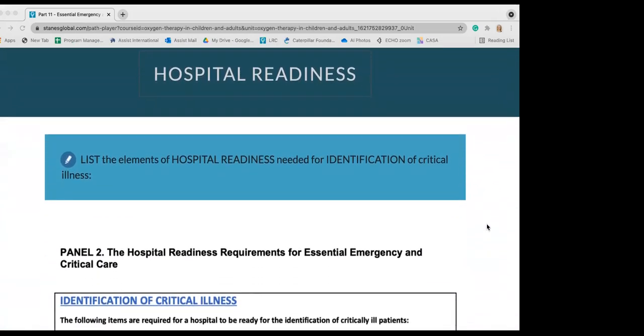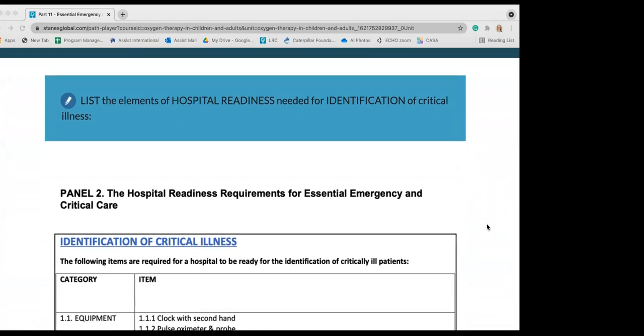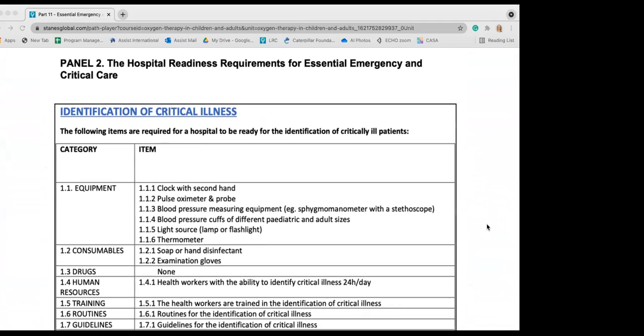Okay, and this brings us to the hospital readiness. So we are coming from individual level and teams, and we are looking at the hospital. So let's go down and see some of the key elements the hospital has to meet. As you can see, you need to have good enough equipment, consumables. Those are the examples: drugs, human resources, training, and